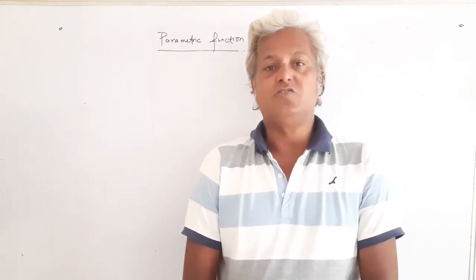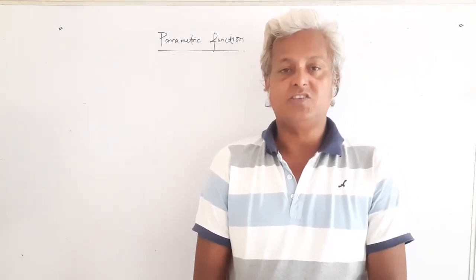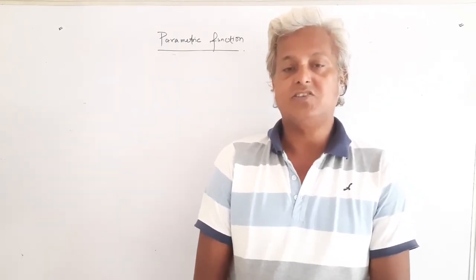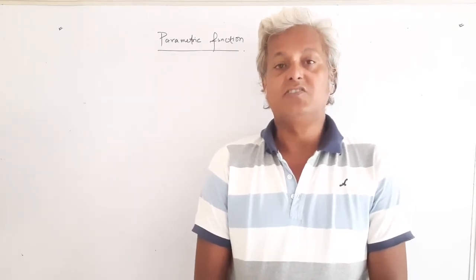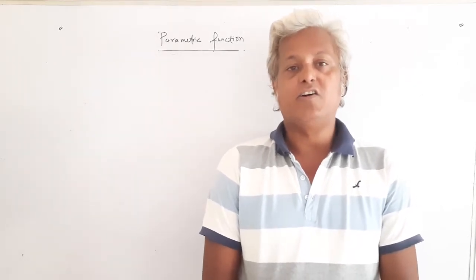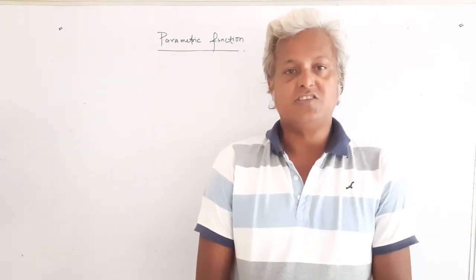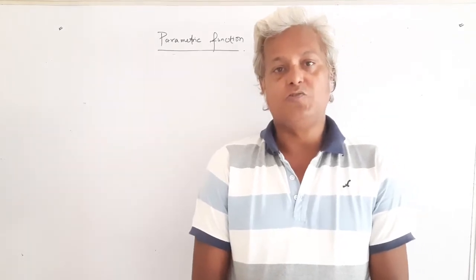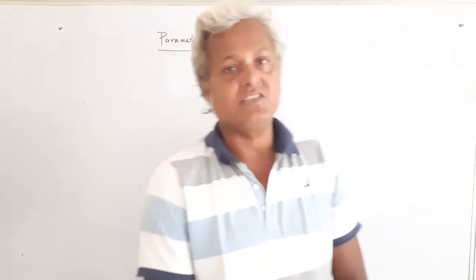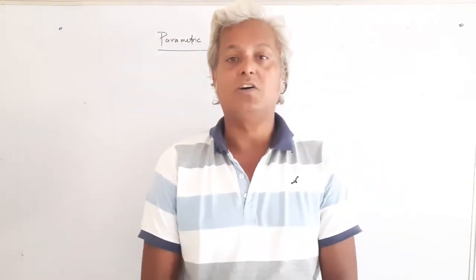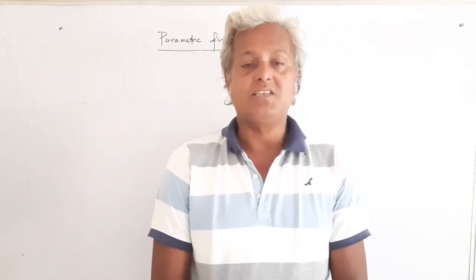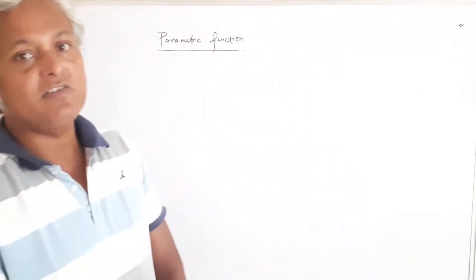In the previous videos you have learned about the different kinds of parametric functions. Here in this video I'll take one more question on parametric functions, and then we will find the differentiation of a function with respect to another function. That is also an indirect way of parametric functions, because if both these functions have to be differentiated against the same variable, then it is a kind of parametric function. If there is a relation between these two with respect to a common variable, that is called parametric form, because both functions need to be expressed in terms of a common parameter. This is the idea of the parametric form.